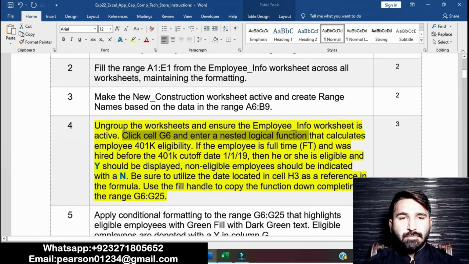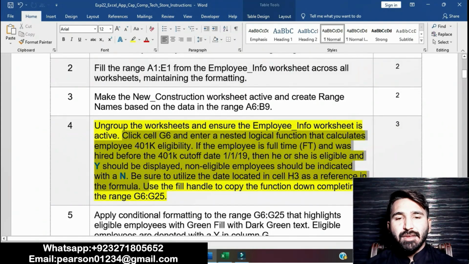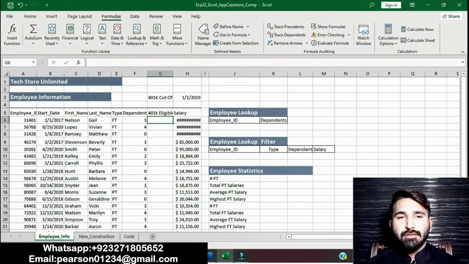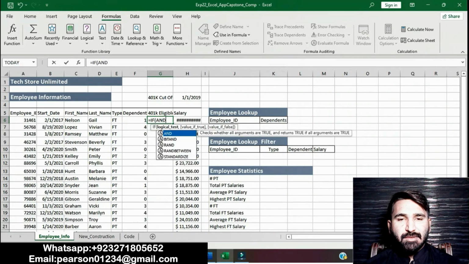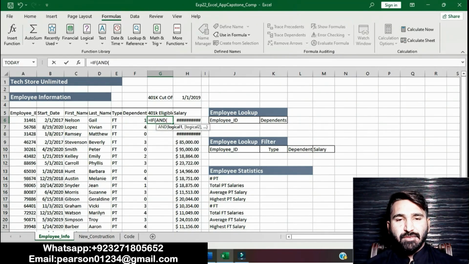In cell G6, enter a logical function, a nested IF function, with an AND function.